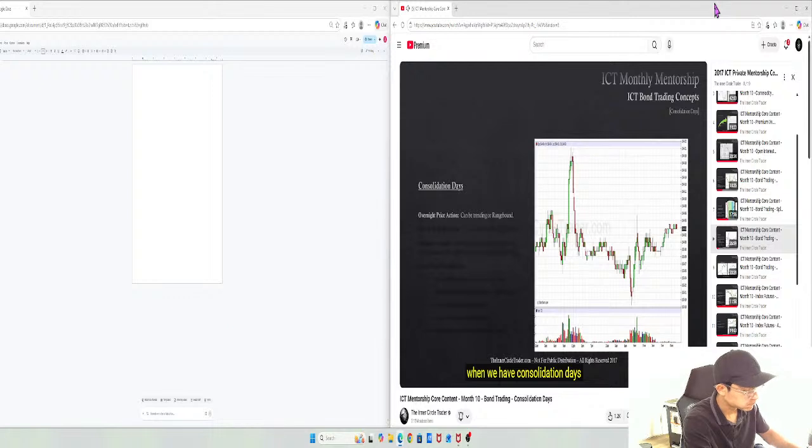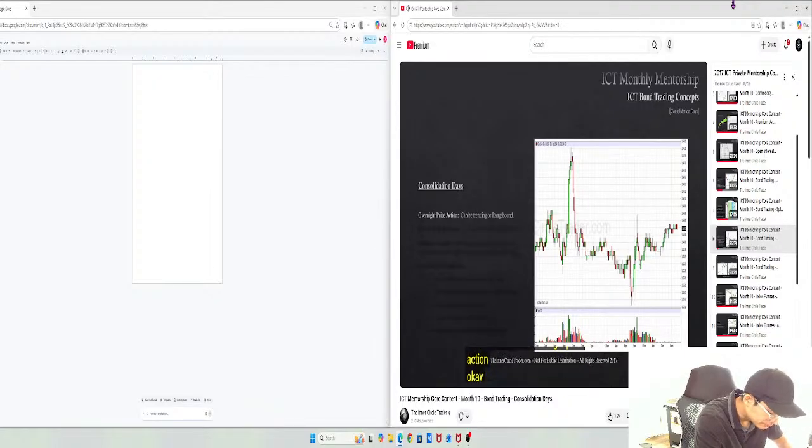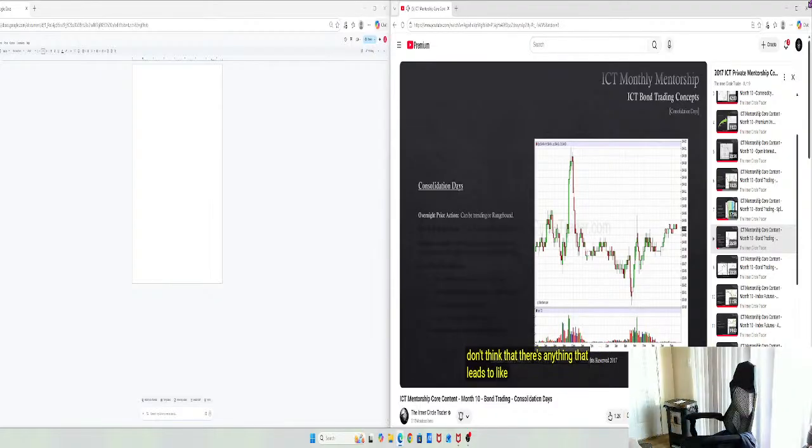When we have consolidation days, or we're anticipating a consolidation day, which we'll talk more about in a moment, we want to refer to overnight price action. Overnight price action can have seen trending environments, or it could be range bound. There is no specific precursor to overnight price action. So don't think that there's anything that leads to, for instance, the London trading. Whatever takes place in London doesn't always translate to